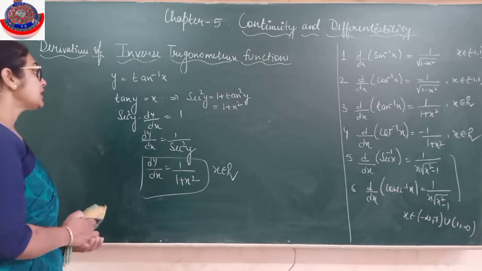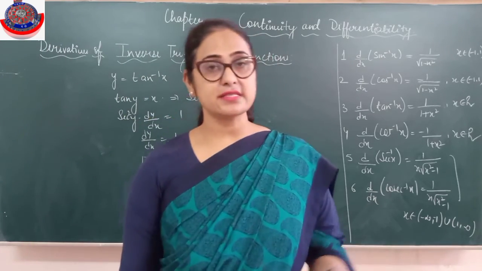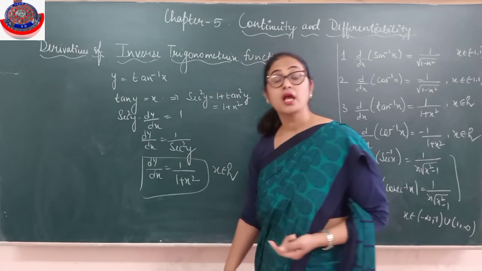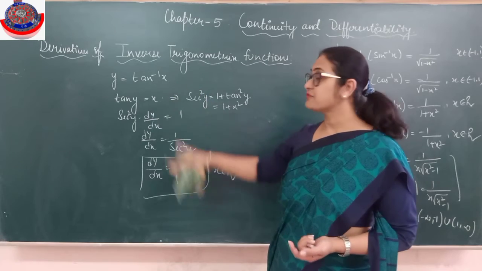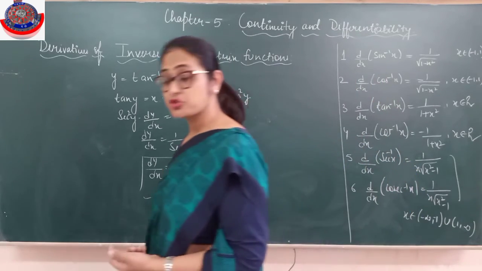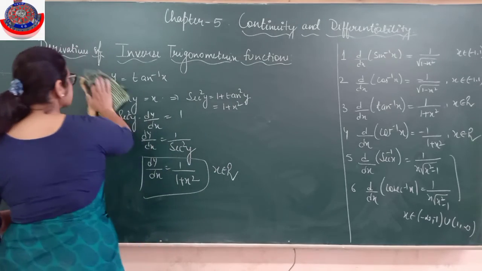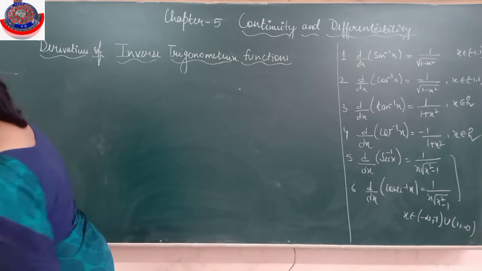Now see, if the question comes directly, like you have to differentiate tan inverse for 2 marks, then you have to completely show this derivation. If it is a part of a question, then you can directly apply that the differentiation of tan inverse is 1 upon 1 plus x square, and so on for other inverse trigonometric functions. Alright, let's pick up 1 or 2 questions. For example, I need to differentiate